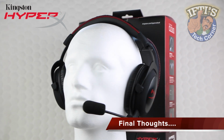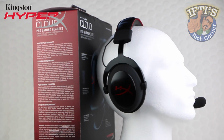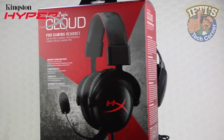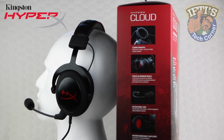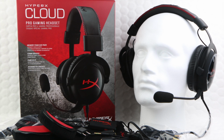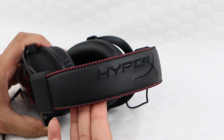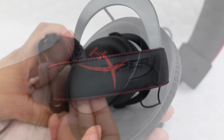The Kingston HyperX Cloud is situated on the high-end segment for headphones, costing around $90 shipped from Amazon. It's hopefully the first of many products from new dedicated gaming brand HyperX, and there's no doubt about it, it's a damn good debut product. The headset was beautifully packaged, and the box contains a whole host of additional accessories. But it's really all about how it sounds, and it's in that department that the HyperX Cloud scores extremely well,